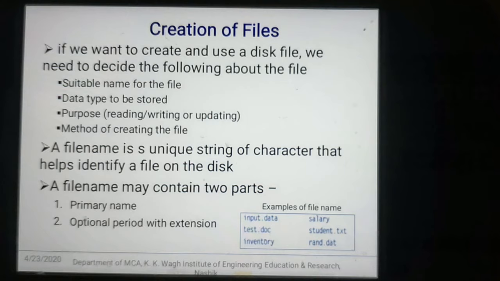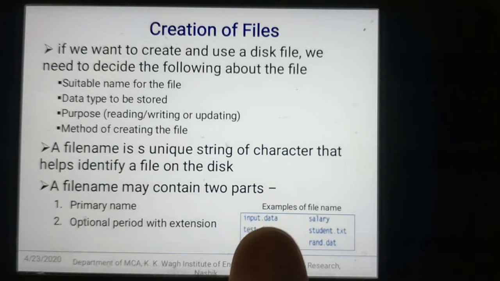The file name should be a unique string of characters which helps to identify the file on a disk easily. While considering the file name, this file name contains two parts, that is the primary name and, second, an optional period with the extension.